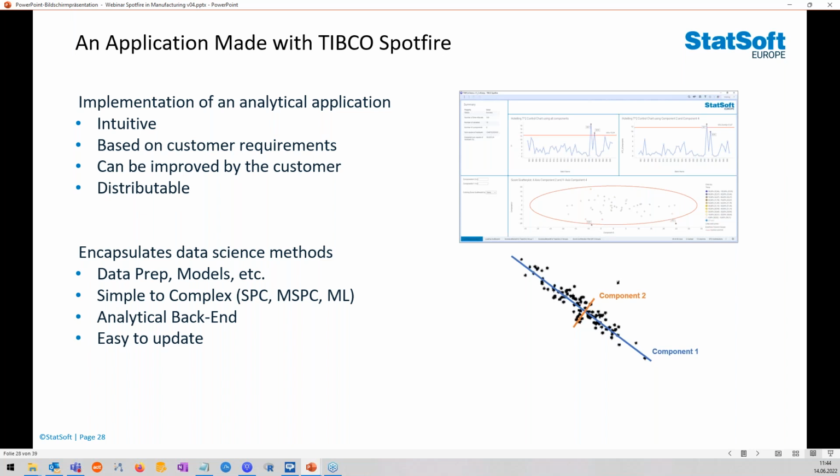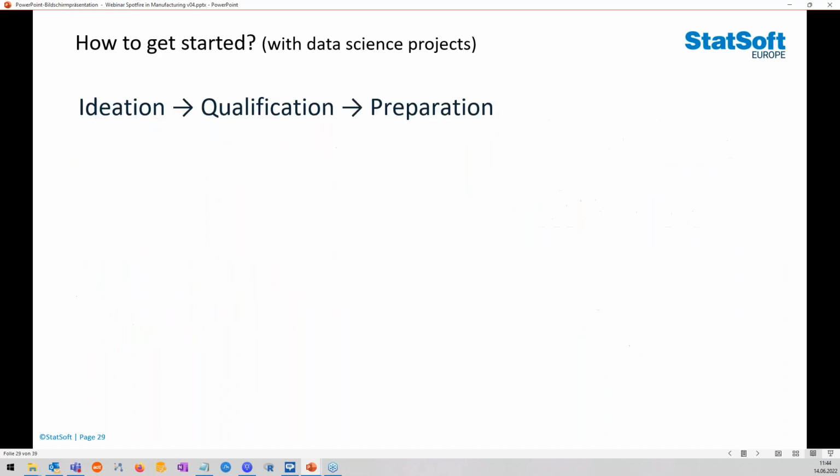And those backends also make it easy to update this application. So for example, to update the models when new data arrives and so on. How would you get started with a project like this, a data science project or multiple data science projects? So there are many ways of showing this in PowerPoint, but what we always